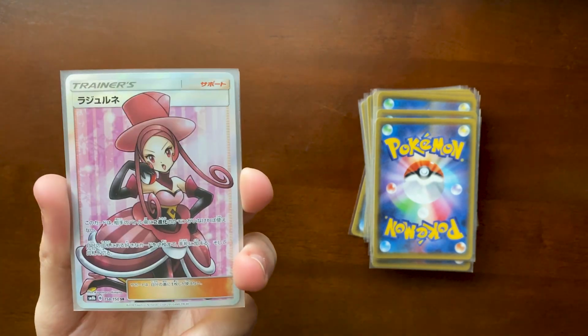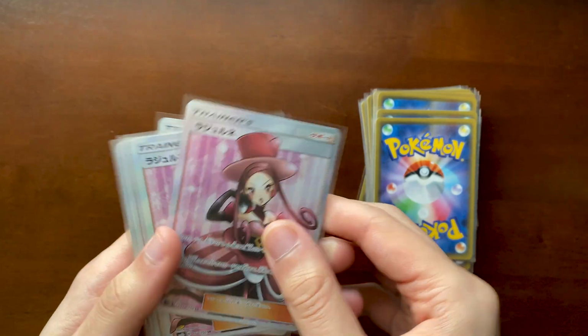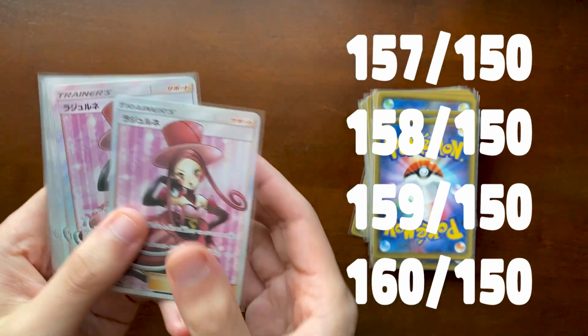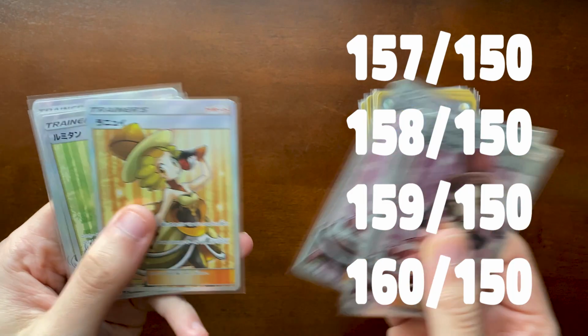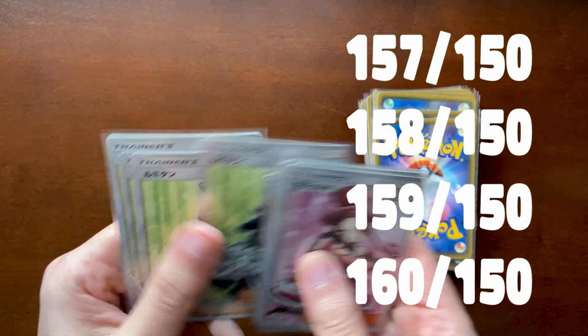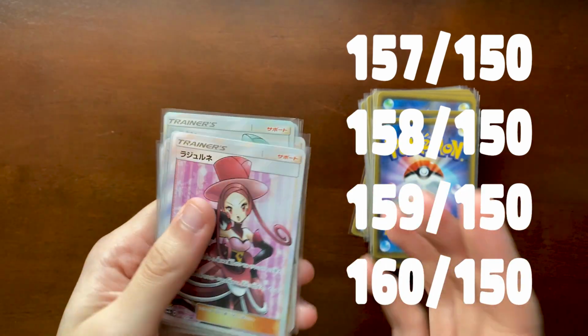But yeah, here we just have a bunch of these full art trainers. I'm gonna put the code. There's 4 different variations for them. So yeah, this is 1, 2. I'm just gonna quickly go through. I only got one of these because I only found one for a decent price. And then yeah, I don't even know the name of this